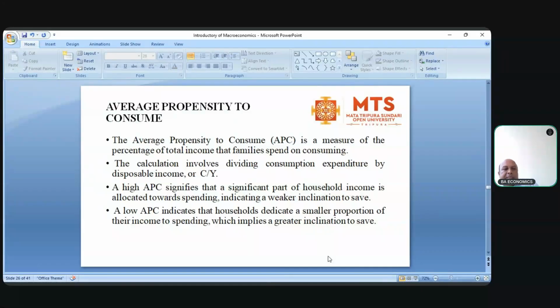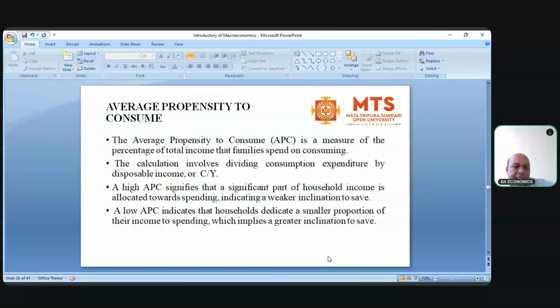So in this case, if in any household or in any family APC is very high, it means in terms of percentage, whatever income earned in that family, the maximum percentage of income that person spent. It means the savings level is very, very low. So basically for poor people, the APC level is always very high. So whatever income earned, they want to spend that money